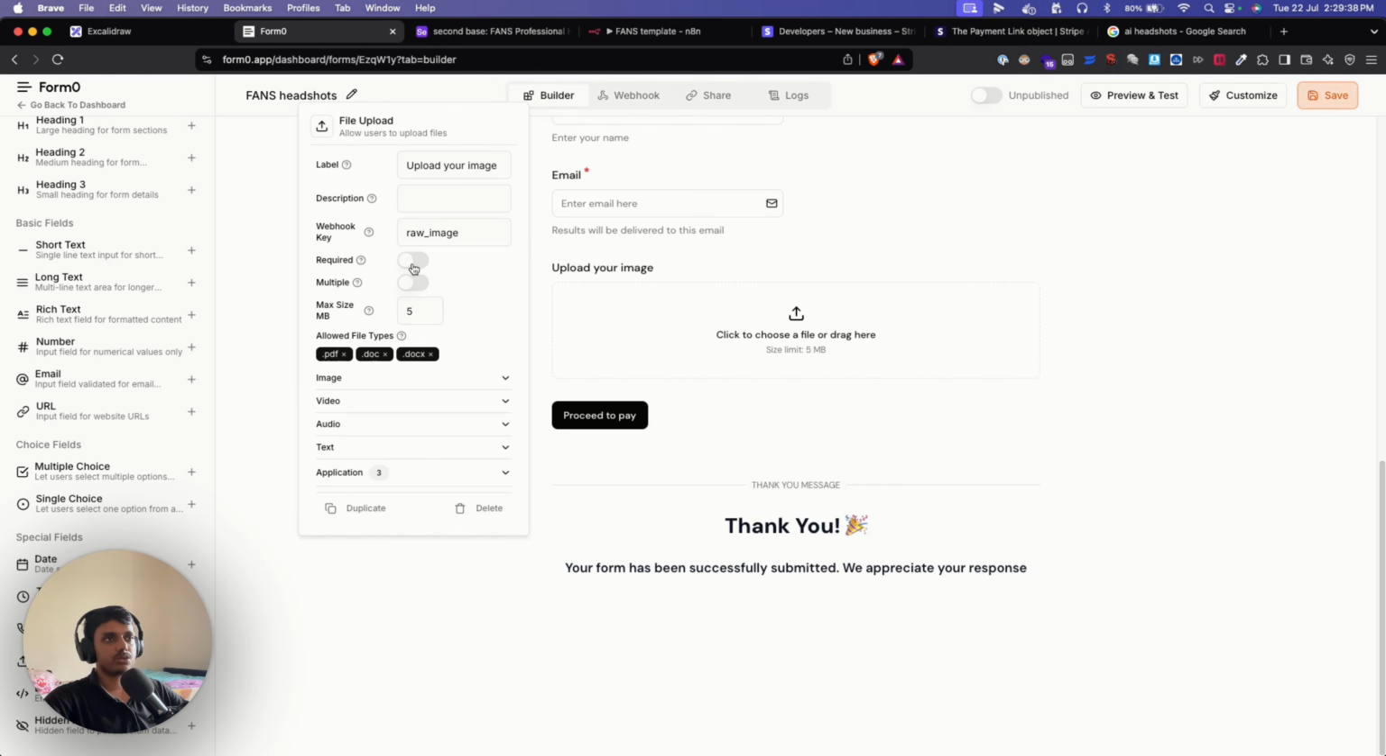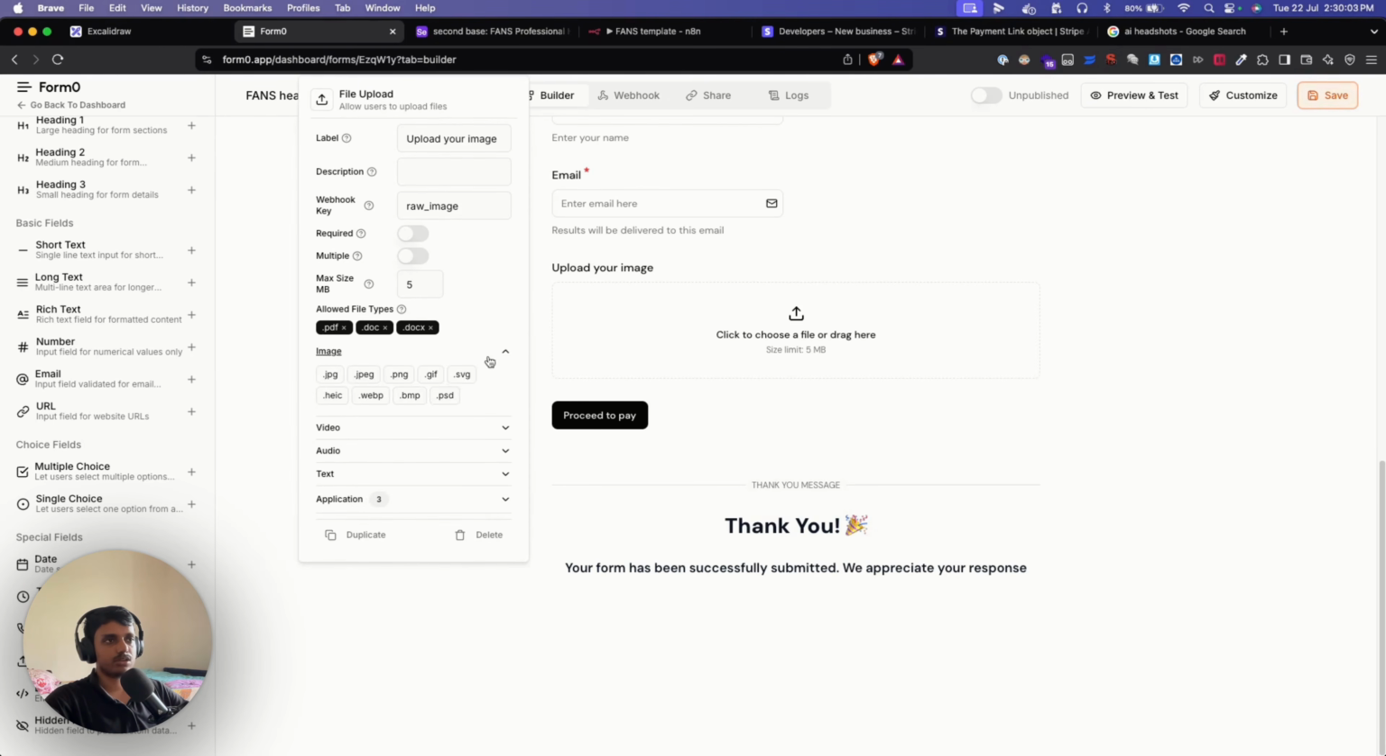And then we can set it as a required field, right? This makes sure that the user provides the value before submitting the form. And then we can set it to also accept multiple files, not just one. So for this demo, I just set it to one file. And then maximum file size, you can set the values over here. And then allowed file types, you can basically whitelist the kind of files that you want to accept,